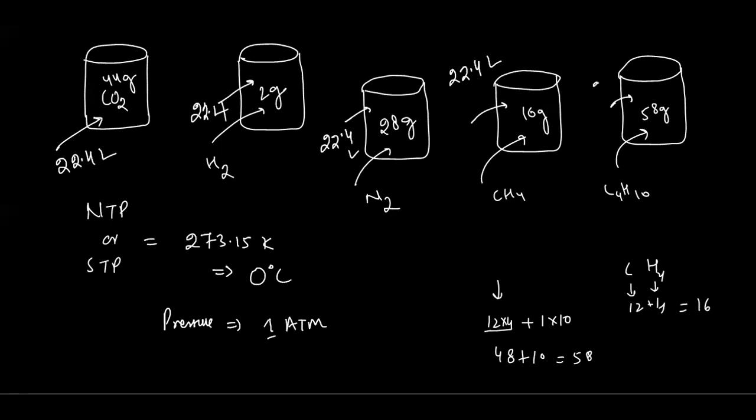So if the container is less than 22.4 liter, then it will exert more pressure on the container. If you maintain the temperature and atmospheric pressure at STP, then all the gases will occupy the same volume, and that measurement value is called 22.4 liter.